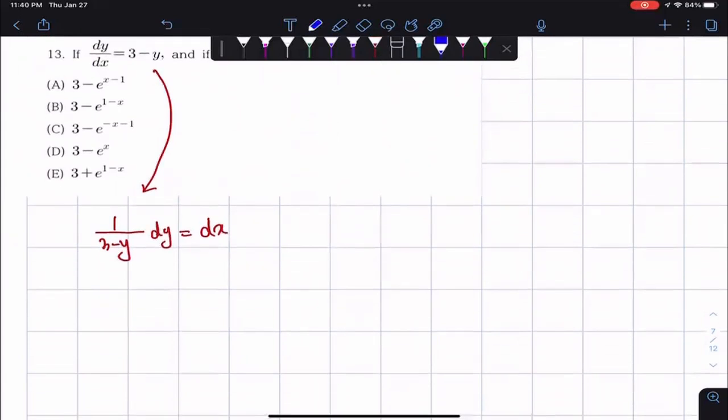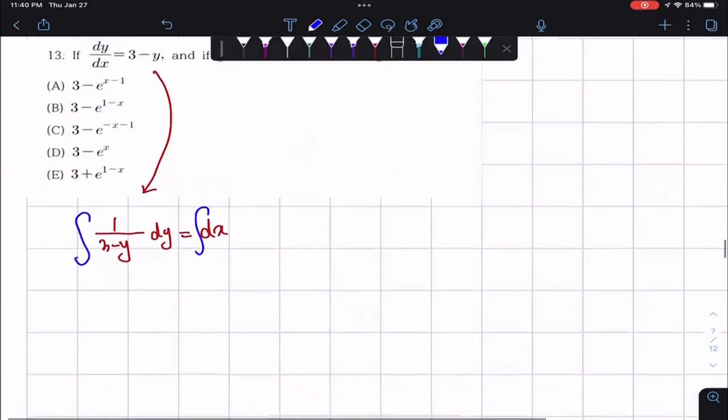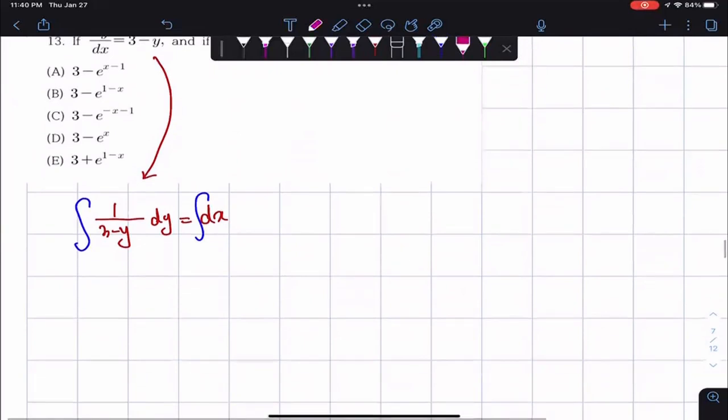Apply the integral on both sides like this. You should check the numerator part. If there exists a denominator,